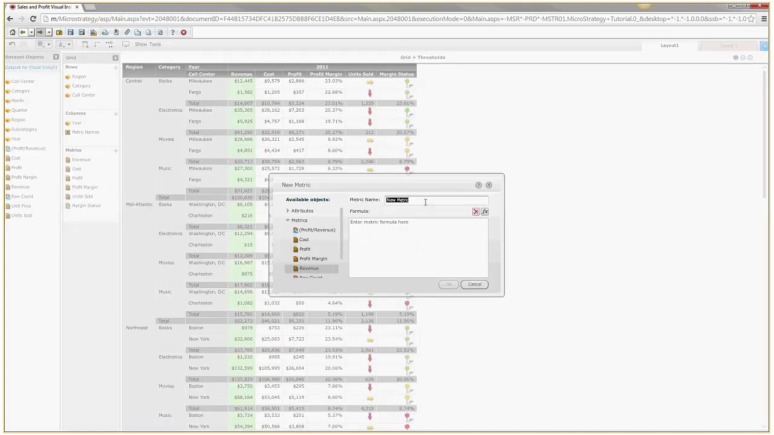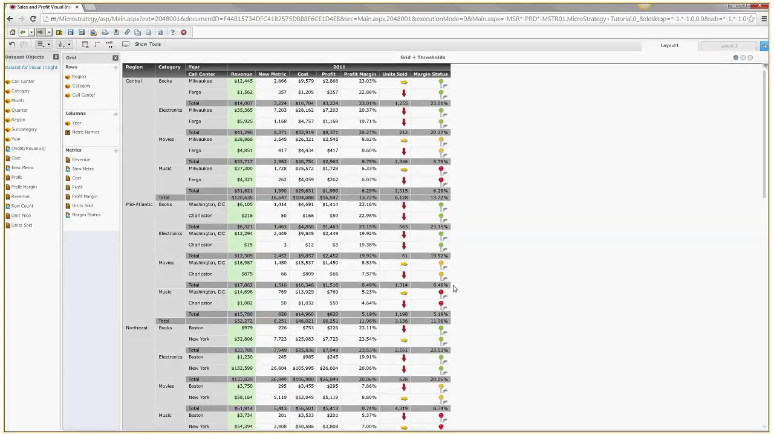So over here, let's call it new metric for now. My formula is now going to be revenue minus cost. So what you can do is you just drag revenue over here and then minus cost. Okay, and if there was a mistake, then it would have shown in red. Click on OK. And notice how you have the new metric,